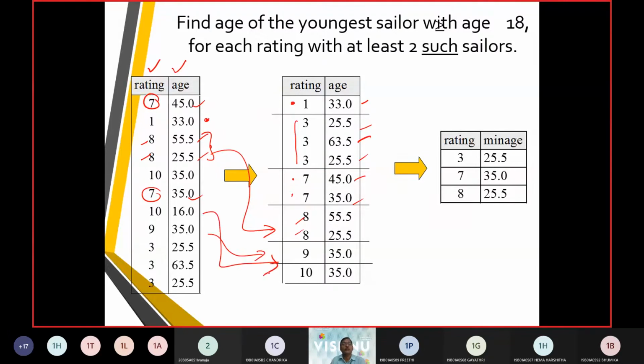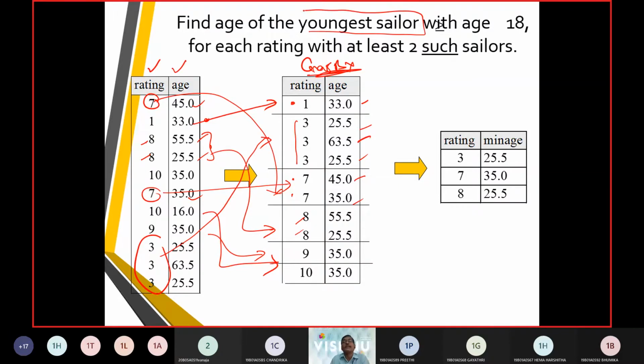So now this is what we are going to interpret. So 3 are as far as a group. So these 3 we mentioned here. Only 1 is mentioned for 1, and 7 we are putting here and 7 we are putting here. Now first part is right. So we had made group by. Now again, in this group, we have to find the youngest sailor.